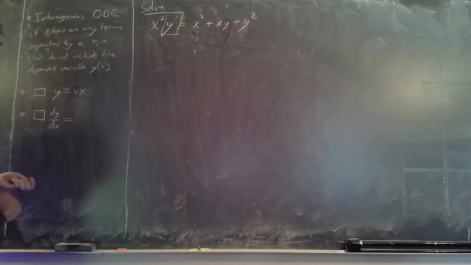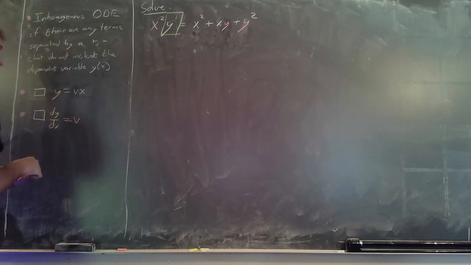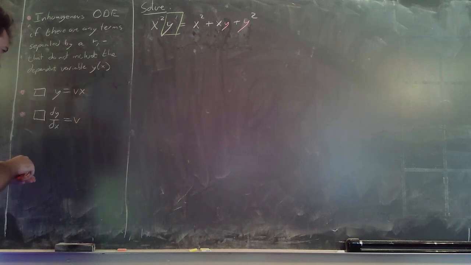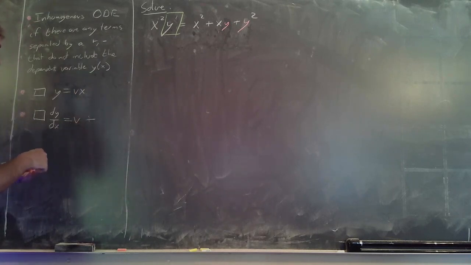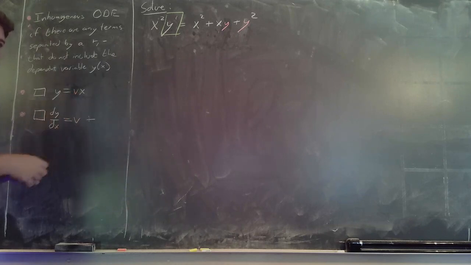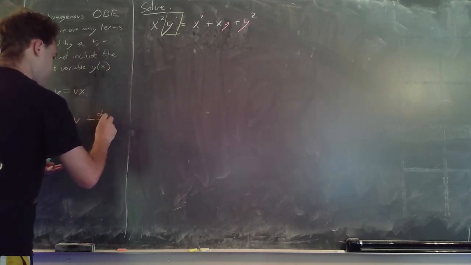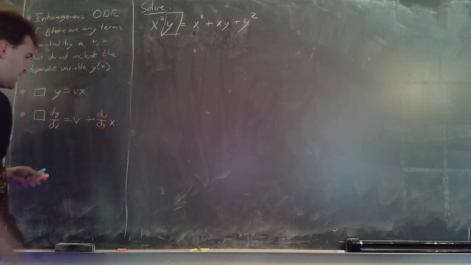So the product rule says that I'm going to take the first term v, I'm going to write it down, times the derivative of the second term, which happens to be x, and the derivative of x is just 1. Then I'm going to add it to the derivative of the first term, which is dv with respect to x, so dv dx,